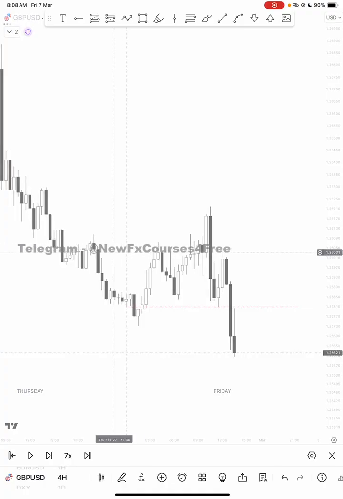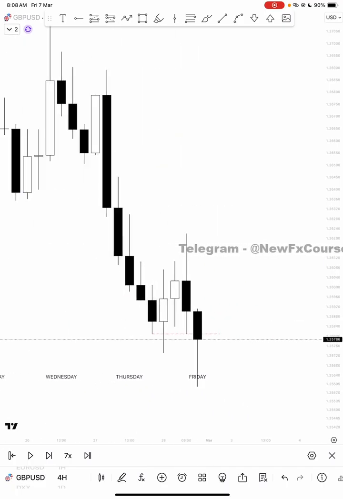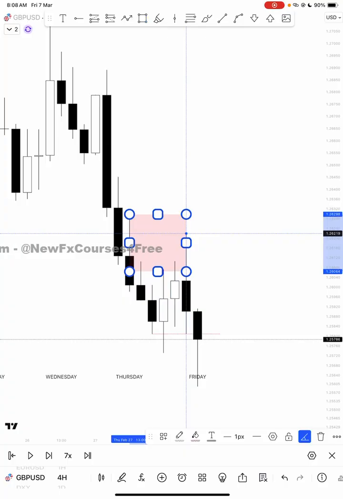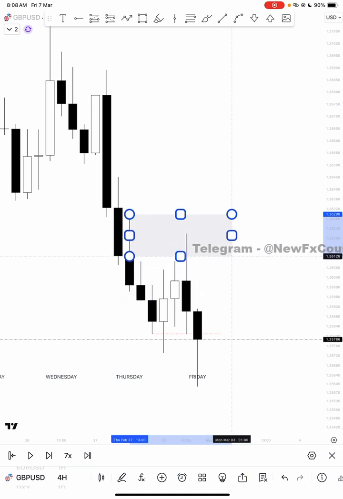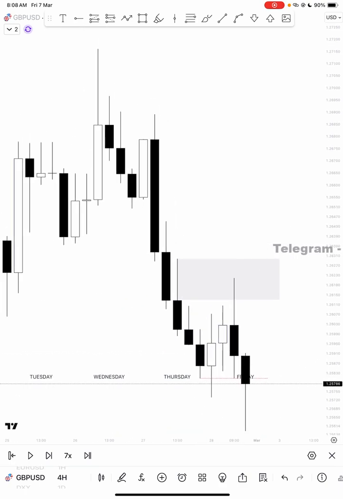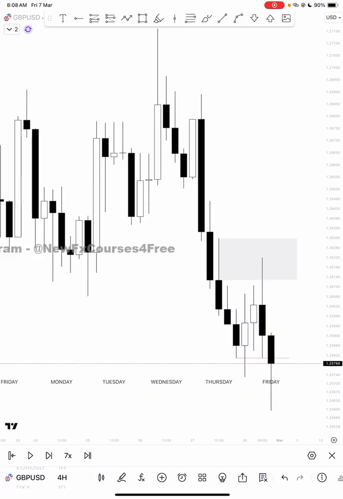On the 4-hour time frame, you can see what actually happened clearly. You've got a 4-hour rejection block over here, and you've got your mitigation block also, where